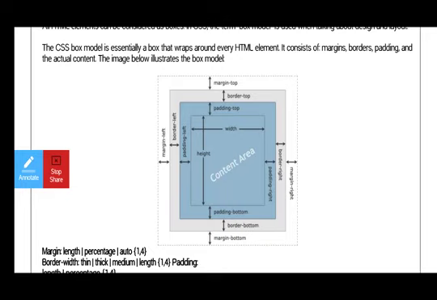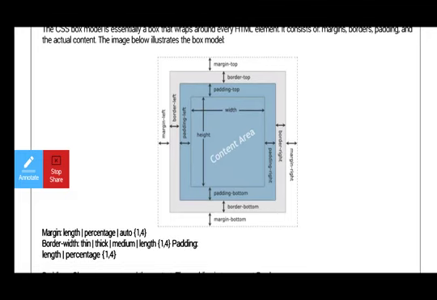So first one is the dotted lines. We are going to see this box model. In this box model, we have dotted lines, and in these dotted lines we have arrow marks like this: margin top, margin bottom, margin right, and margin left. So this is about the box. So by using the dotted lines, we are going to see the margin top, left, bottom, and right. Okay, so that is the margin.